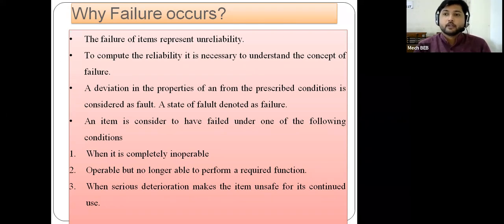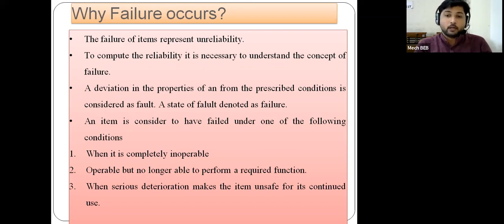Let us consider a thermometer. You are comparing two thermometers, one standard thermometer and one new thermometer that has come to the market, and you check the temperature of a body using those two thermometers, and you get some amount of deviation between the two. So which thermometer will you find more reliable? Let us consider once again another thermometer, which is the standard one. You compare these two thermometers which have deviations against that particular thermometer, and you come to know that one of the thermometers is faulty, so that thermometer is not showing the proper temperature.